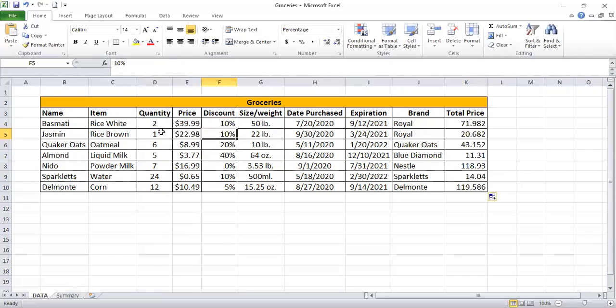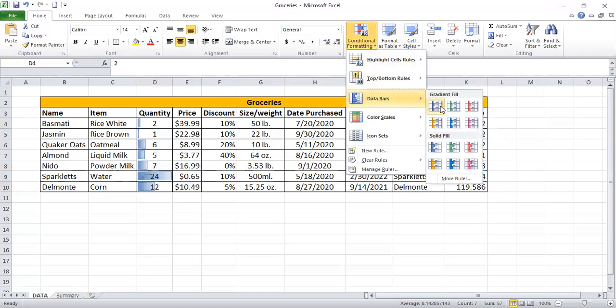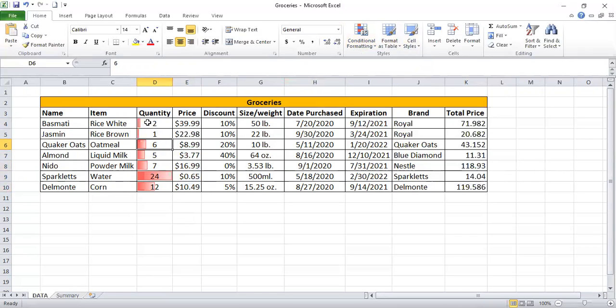For now, I'm going to use the data bar, like this one here, or this one, like this quantity. Go to conditional formatting and the data bar. You pick the color you want. I like this one. You can see here that the one that has color is the biggest, the highest one. And if you want to change this, like you want it to be 7, then you see.